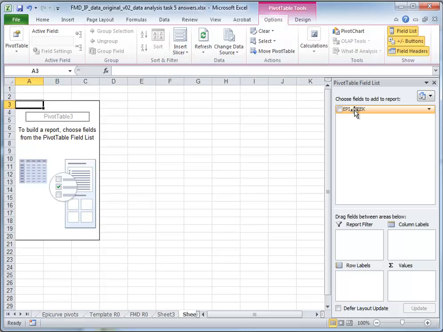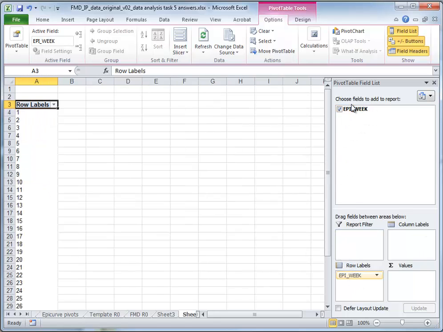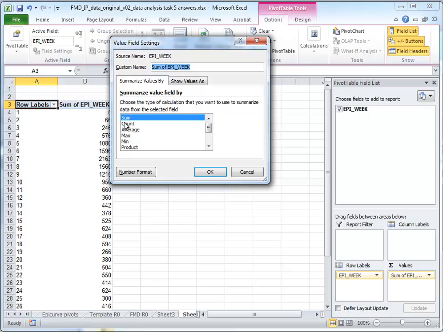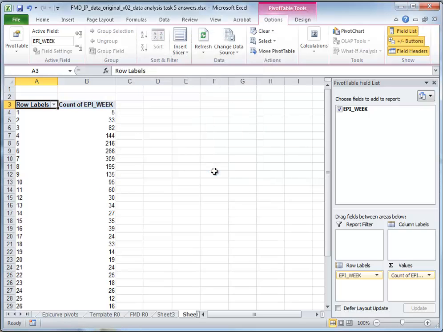Now what we're going to do is pivot by epi week, so just drag that down into the row labels and also use that as what you count by. So it starts off with a sum, so click the little down arrow, select value settings, value field settings, and select count. And you'll see that in week 1 we had 5 cases, in week 2 33, and so forth all the way down. It's easier to work with data outside of the pivot table, so we're just going to copy all